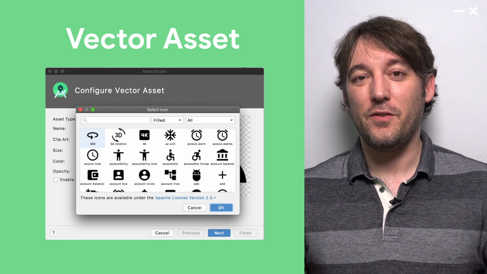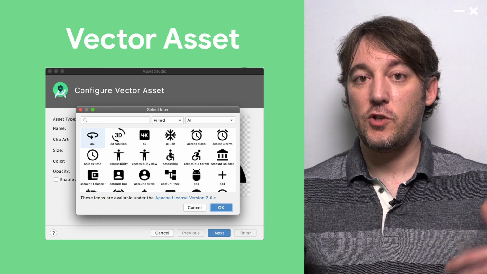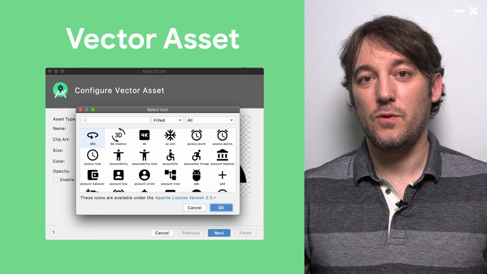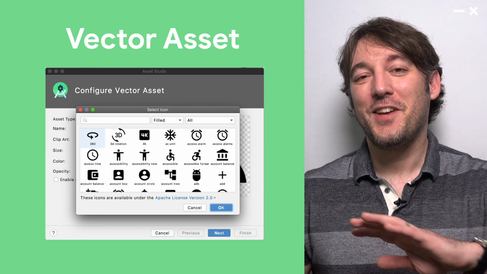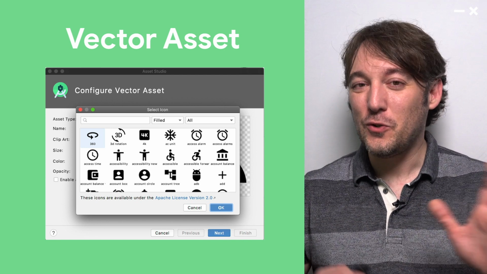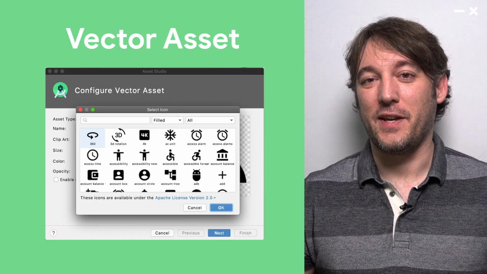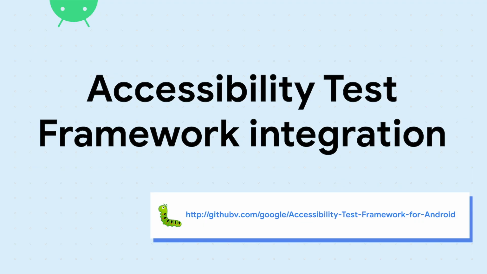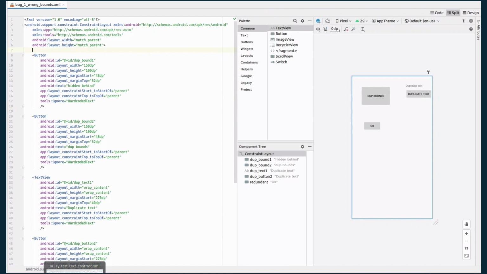We improved the support of the vector assets. So as I mentioned before, it's now really easy to access them. Now we make sure that we download the latest version, so you don't have to go to the website. Those are the current icons. So I cannot resist to talk a little bit about our efforts with accessibility and improving that for your application. So in a future release, we are going to have a direct integration with the accessibility check library. And by simply clicking on that top right button, you'll be able to run all those different checks.